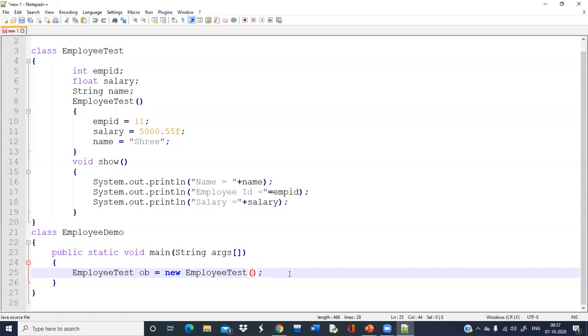Suppose I am writing the values here, 11, comma, the salary, and then within double quotes the string name. Clear? So I have to remove everything from here.